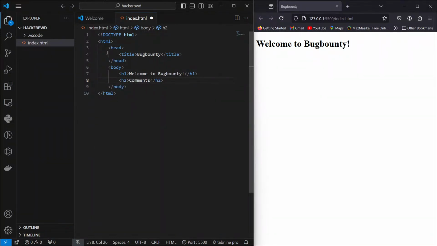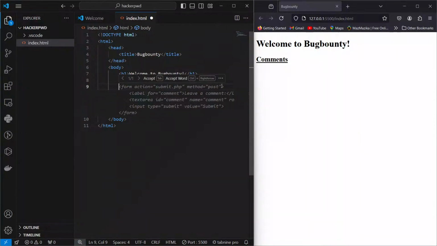I want to create a comment box so that when I do XSS, you'll see what I mean. So we have the comments. You can also underline, or you can do an underline tag. Okay, comments. Now here, under here,